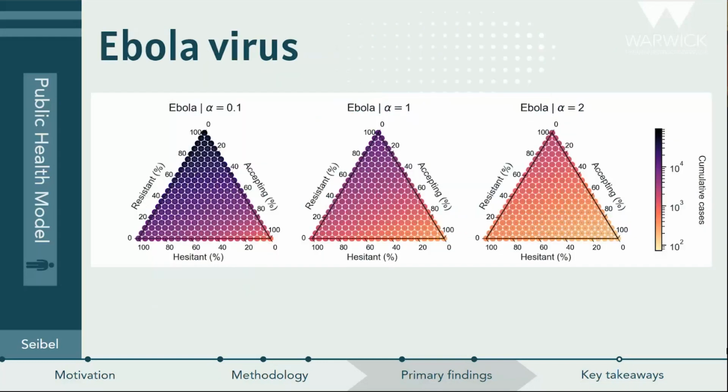And I'll just show the plots for Ebola virus, but then at the end we'll summarize how this differs with the different pathogens. So what we see here, the outbreak information was from local cases.